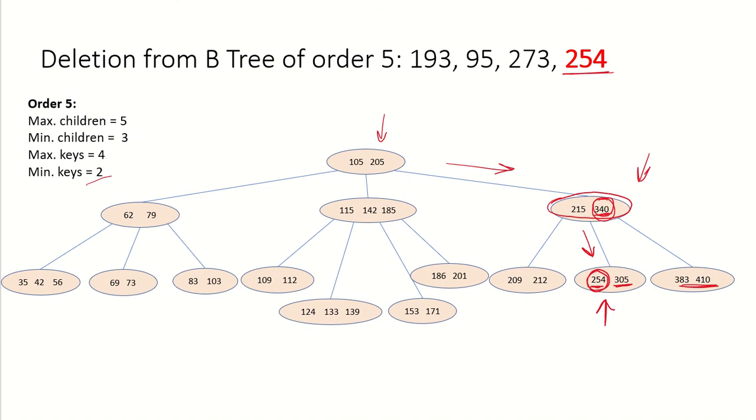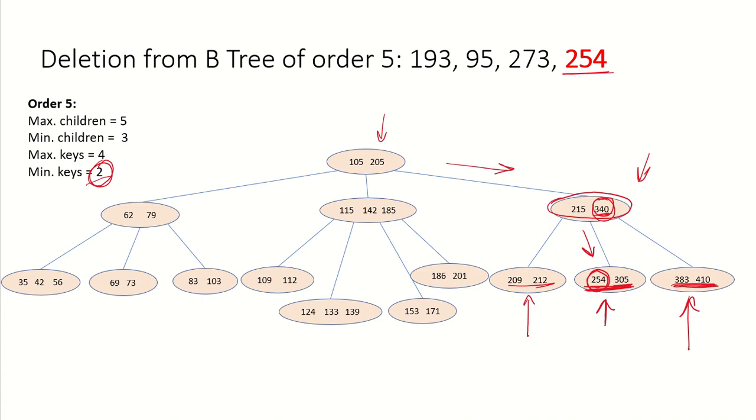So how to take care of this leaf node? There are 3 ways. First of all, check whether this node is having more than the minimum number of keys or not. No, it is only having the minimum number of keys, which is 2. Can I borrow from the left sibling? No, the left sibling is also having only the minimum number of keys. So it also cannot lend any key to its sibling. Can we borrow from the right sibling? No, the right sibling is also having only 2 keys. So this node also cannot lend any extra key to its sibling.